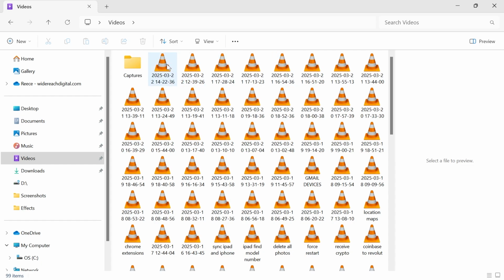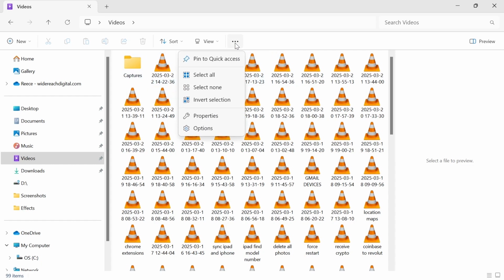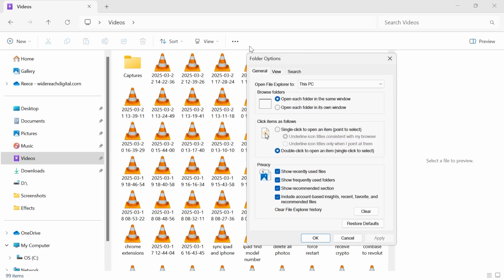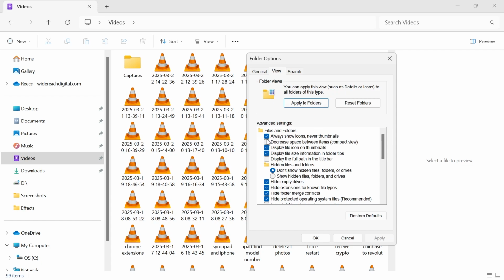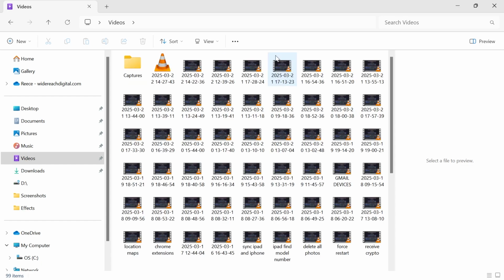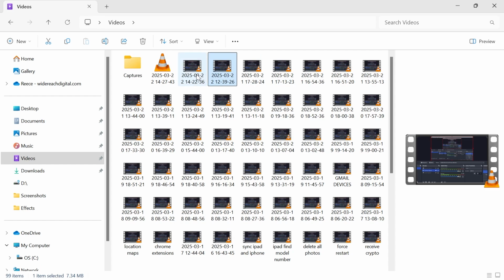Now, if for some reason this doesn't work for you, then what you'll need to do instead is click on the three horizontal dots, click on Options, and this will pop up with the folder options. Now from here, click on the View tab, and right at the top, you need to make sure this option, Always Show Icons, Never Thumbnails, is deselected and unchecked, and then go and press Apply and OK. Now once you've done that, you should now be able to see all of the thumbnails for your different files,